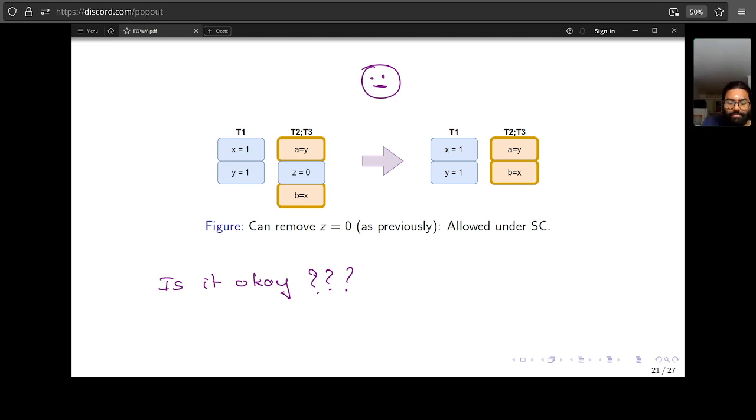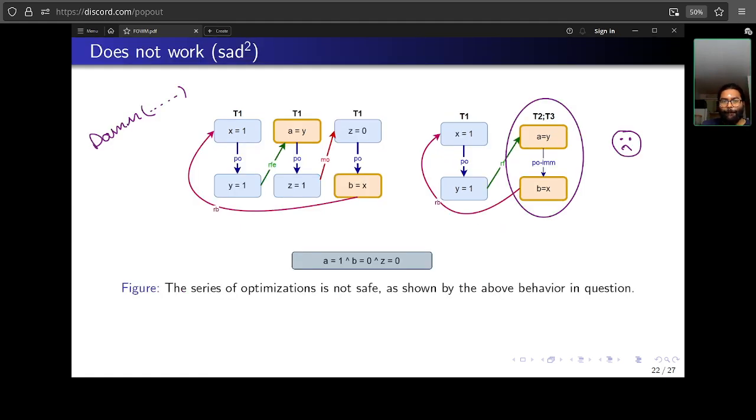So this series of optimizations, is this allowed by our new model, which now just says, oh, the PO edge is removed? Well, not true. And that's simply because let's take this behavior.